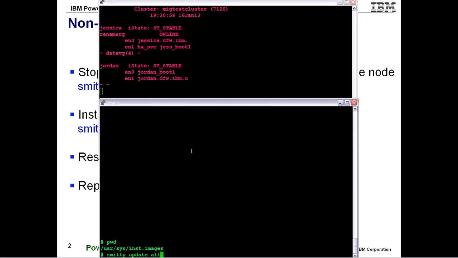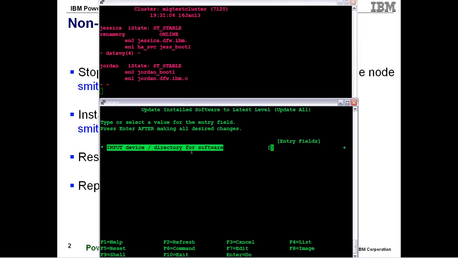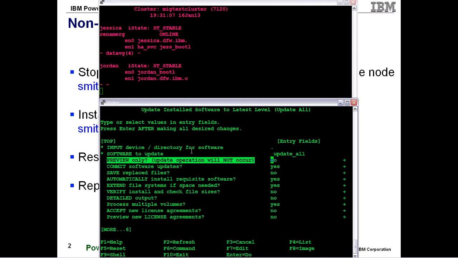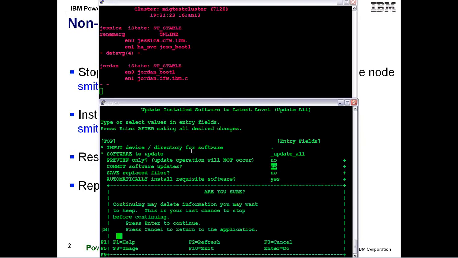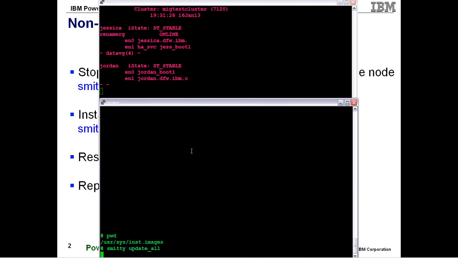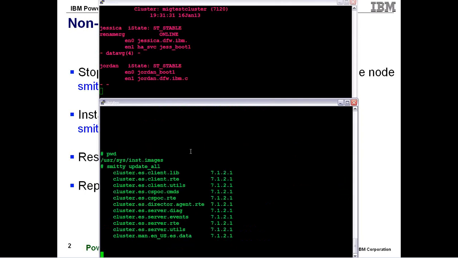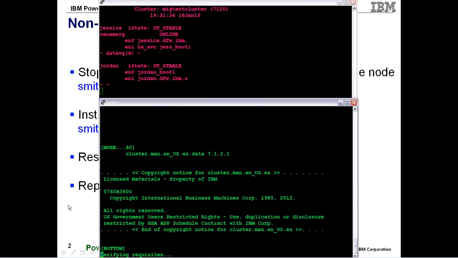I already have the SP1 file sets saved in my user.sys inst.images directory. So I'm going to tell it no to preview. I'm also going to tell it no to commit. Generally, it's a good practice when loading fixes to apply them, make sure they work. It's easy to back them out later. Also, hopefully you've already done this in a test environment before you ever perform this operation in production. So while I have that kicked off, I'm actually going to go back to my presentation